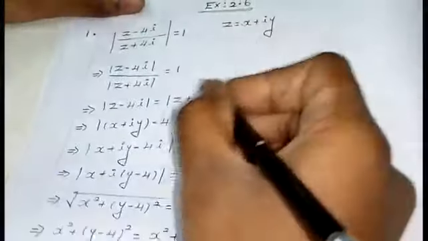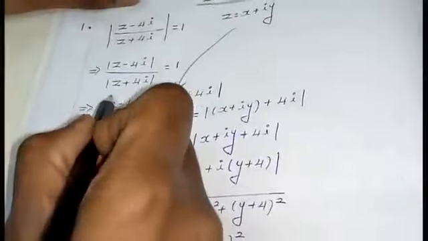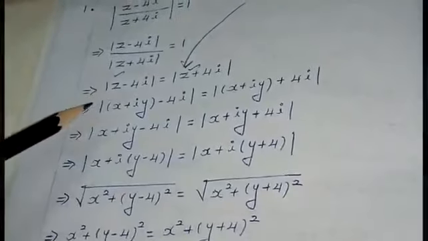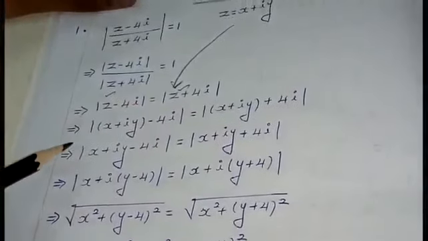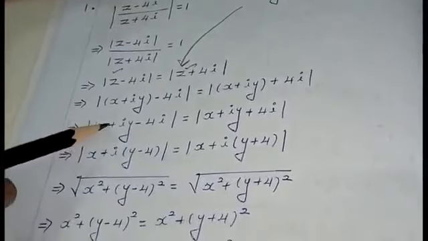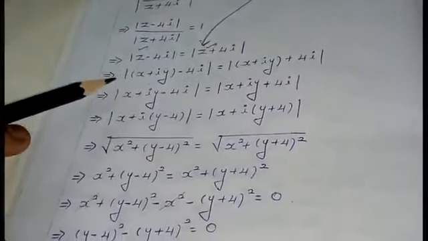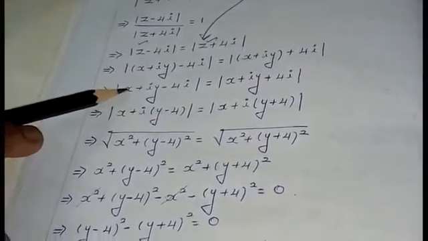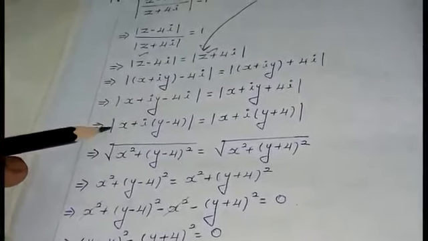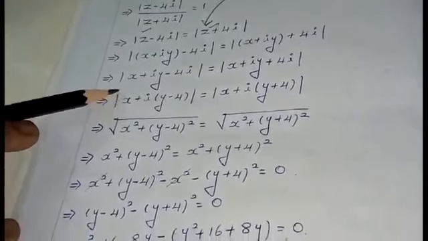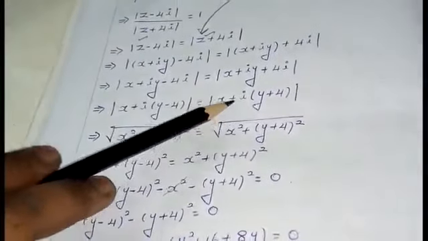In place of z, I am going to replace this value, that is x plus iy. That is, in place of left hand side and right hand side is z, I am replacing it as x plus iy. Just see the calculation, students. After replacing, next step what I am doing is, I am just removing the bracket. X plus iy minus 4i is equal to x plus iy plus 4i. If you observe this one, you are having real part and imaginary part. Imaginary part can be identified by the alphabet i. Next step what I am doing is, I am just arranging the real part separately and imaginary part separately. Similarly for left hand side as well as right hand side, I am doing this calculation.